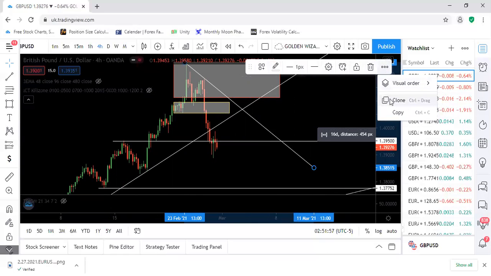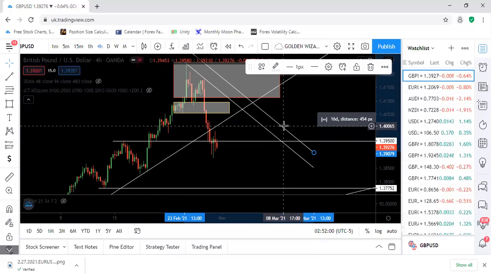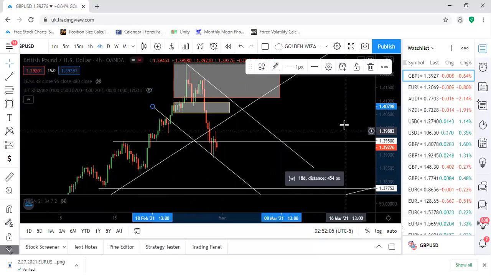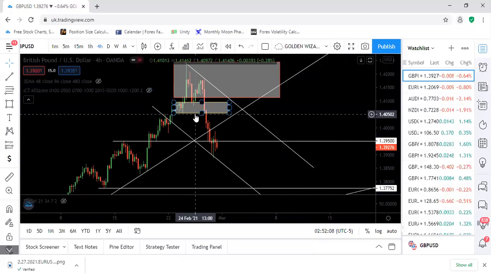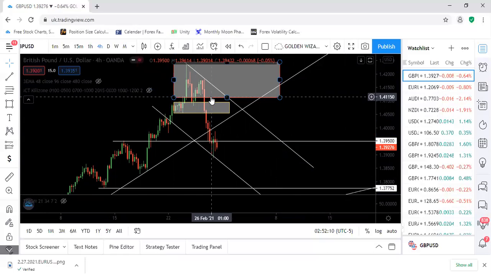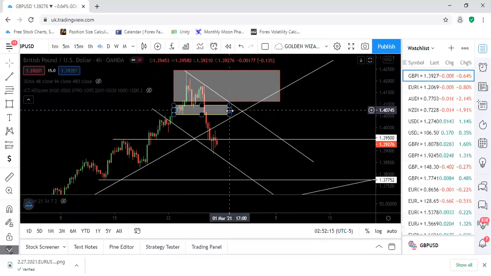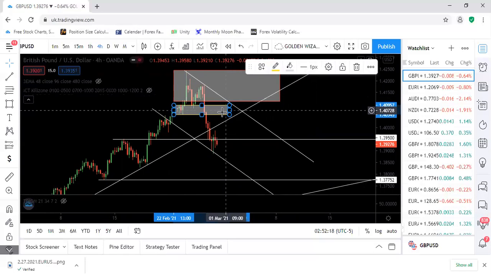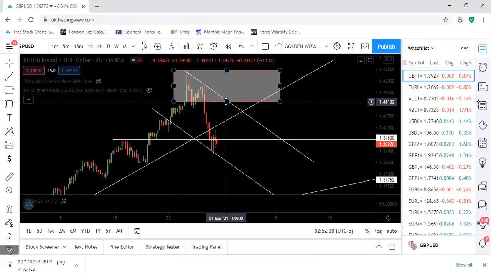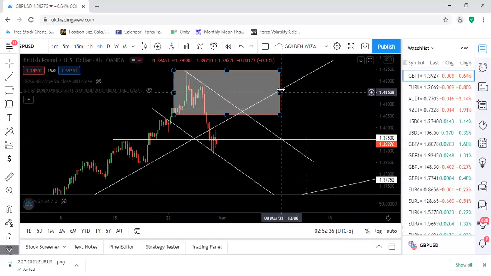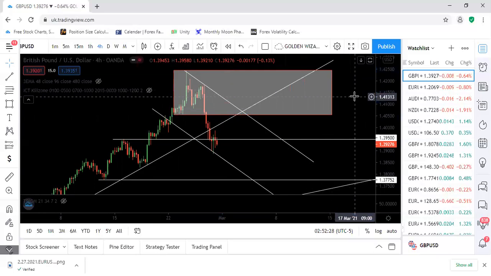So let's draw this out a little bit. What we have here is this breaker block and this bearish 4-hour order block. So what I'm going to do now is take this, delete this, and bring this down here. So now this would become my supply zone, I guess supply. So this is how I use order blocks and institutional order flow